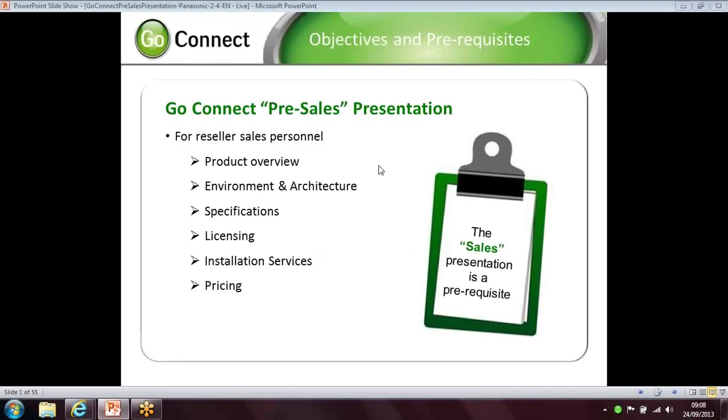We'll look briefly at the environment and the architecture just to summarize what we looked at yesterday, covering what's licensable and what isn't licensable, and then looking at some pricing examples. We cover a few other bits and pieces like the installation services that we offer, and there's a couple of slides for reference on the specifications required for the server, for the client, and for the mobile clients, all for